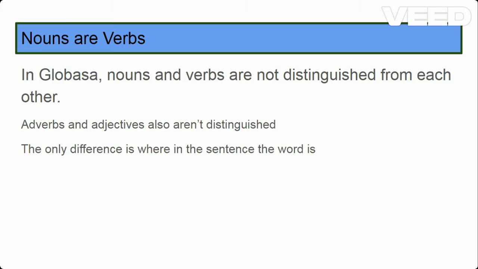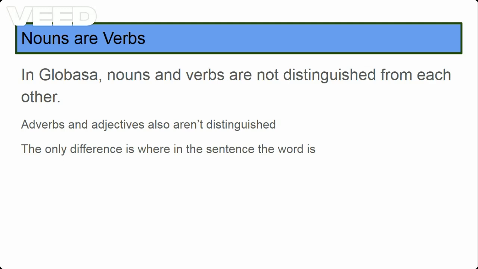one of the most interesting aspects of Globasa. And usually, auxlangs shouldn't be interesting; they should be simple. But in my opinion, this case is actually a good thing, which is that in Globasa, nouns and verbs are not distinguished from each other, and adverbs and adjectives also aren't distinguished between each other. Now, the second part is probably reasonable to most people, but most people probably think the first part is absolute madness. But in my opinion, this is a good thing and a benefit of Globasa's strict word order, because this means that